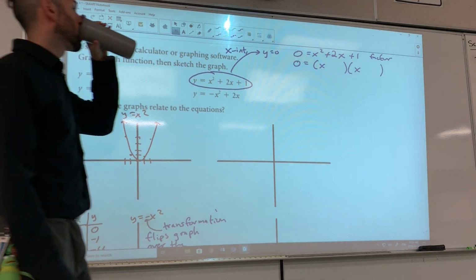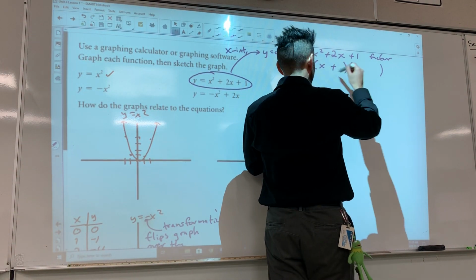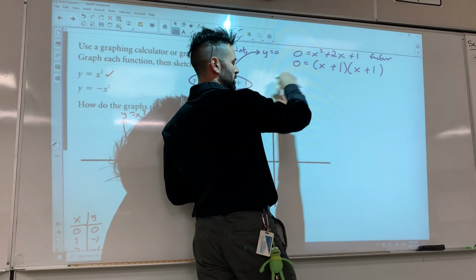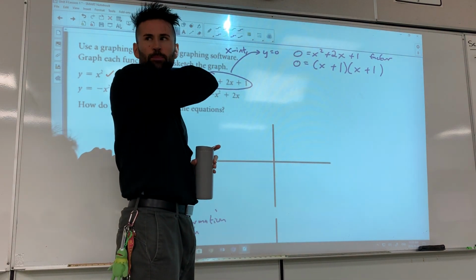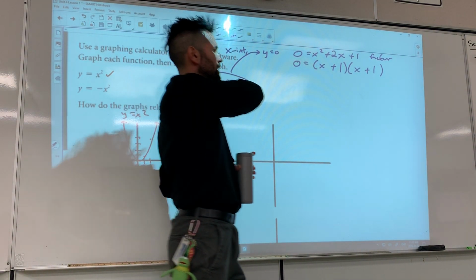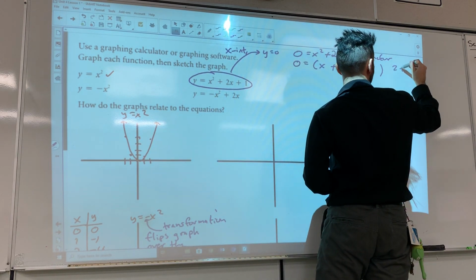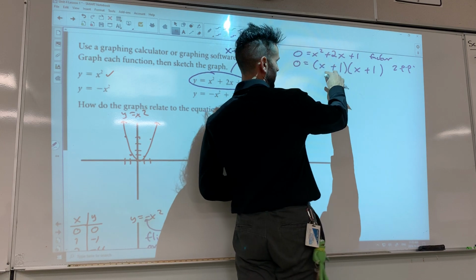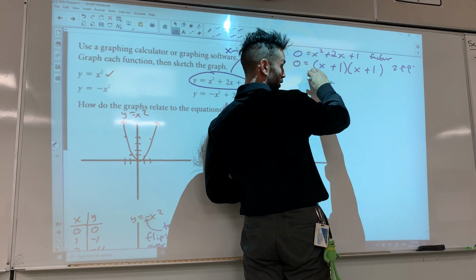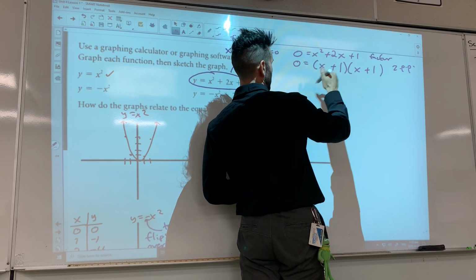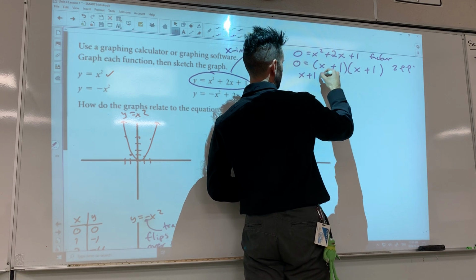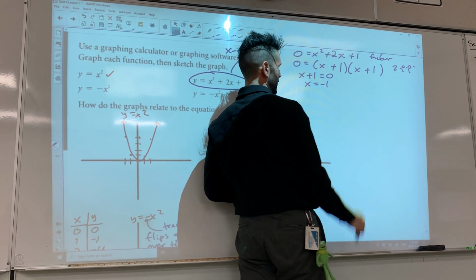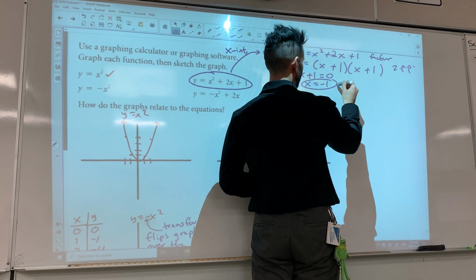1 and 1. So x plus 1, x plus 1. What do I do now to solve for the x? It's the zero product property. Yeah, zero product property. Very good. I'd be so proud if you guys remember that in grade 12. So I take each binomial or term and set it equal to 0. Because I have the same one, I only need to do it once, right? No point solving the same equation twice. So you get x equals -1. So that's your